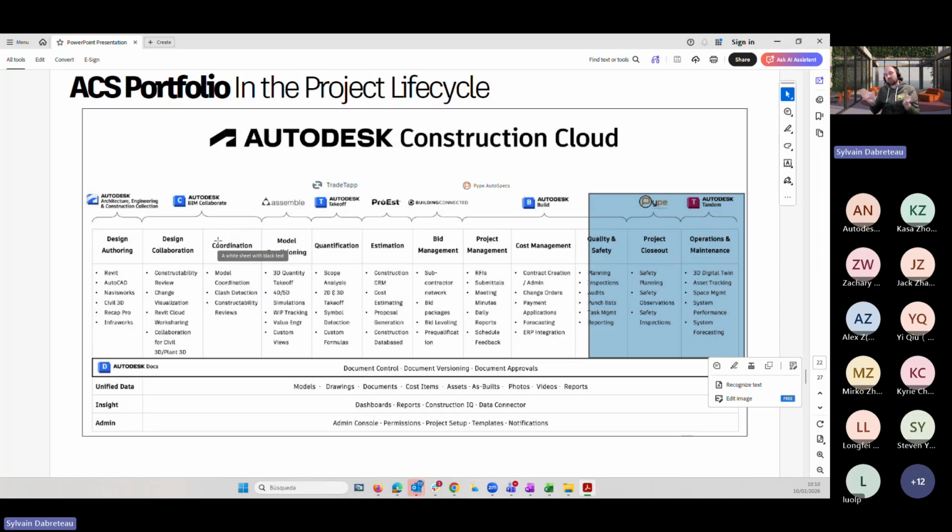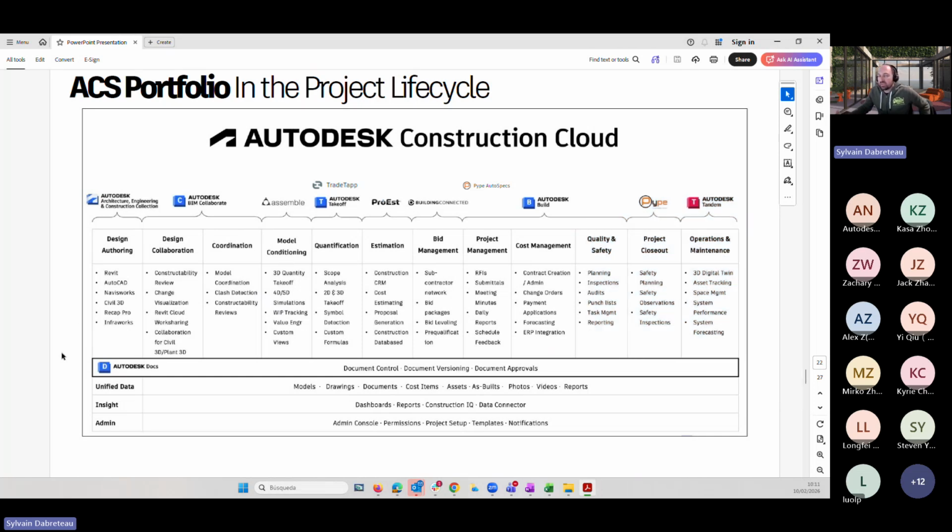People might be working in silos because, of course, the design team doesn't need to be involved in the construction and the construction team doesn't need to be involved in the design, etc. But they still need a central point of information, a core point of information where everyone would be meeting.